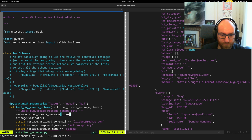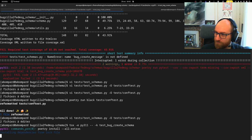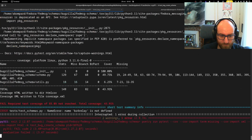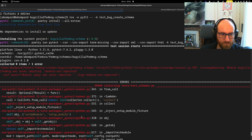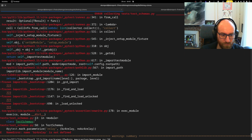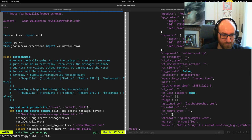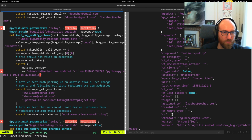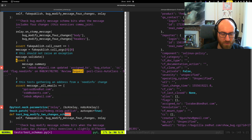Okay. Let's try to run that now. bz4 relay is not defined. Yeah, you know that. I shouldn't need it for the... Oh, parameterize. Okay, yeah. All the other parameterizes need to be removed because...